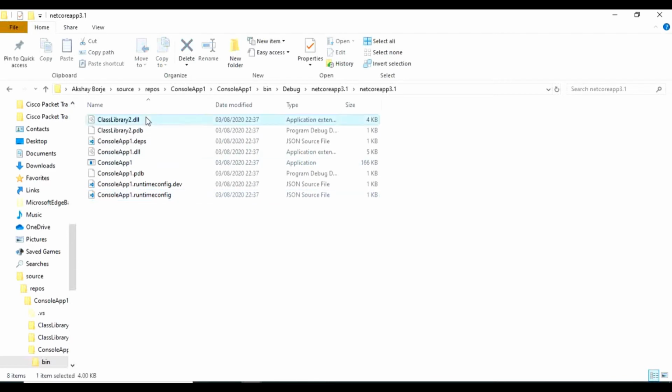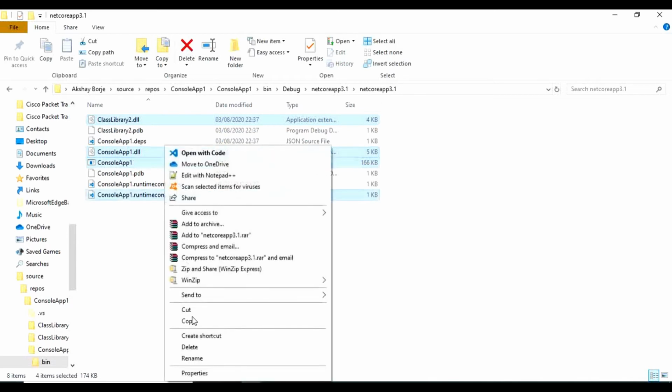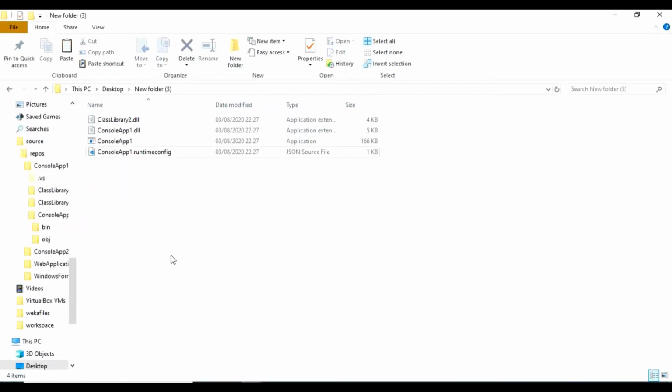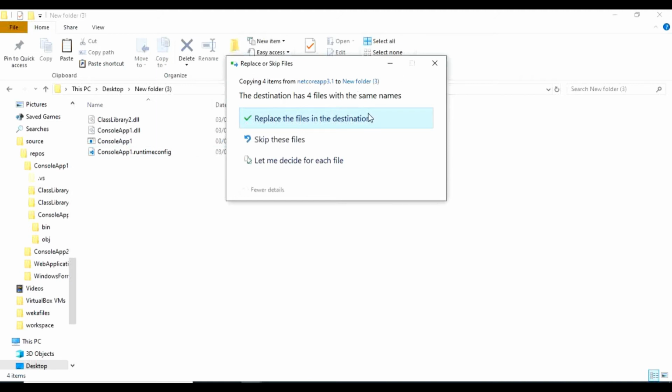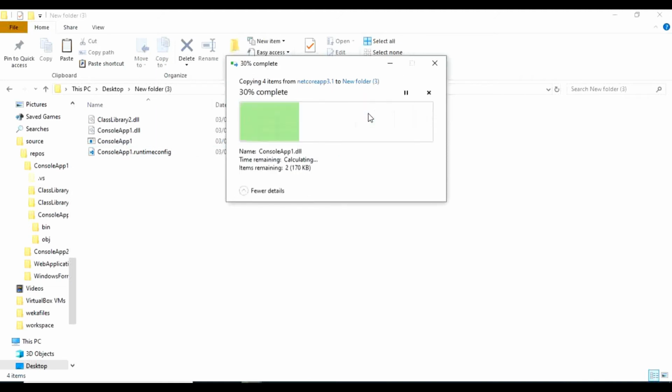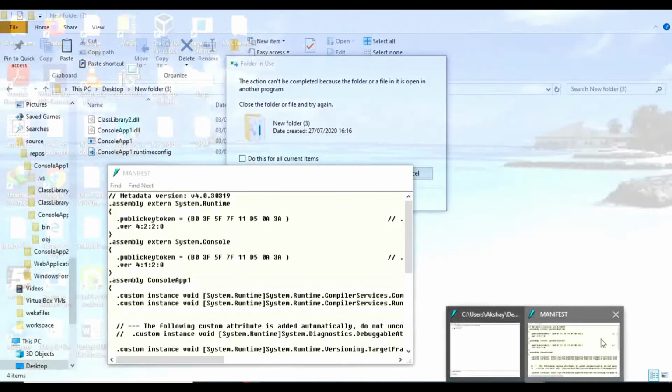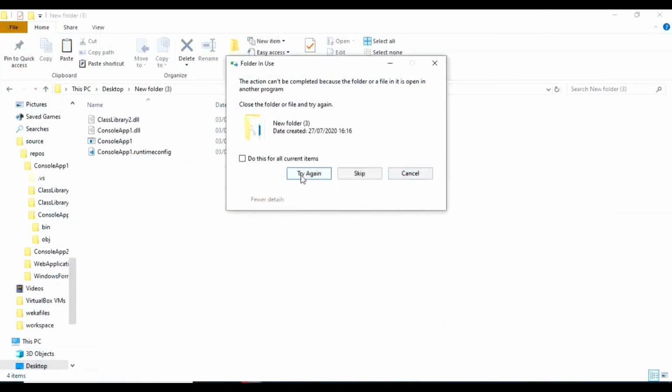And I will copy this again from here, and instead of these old files I will paste that here. I will replace those files. It is being used by this manifest file, so I will close this and try again.